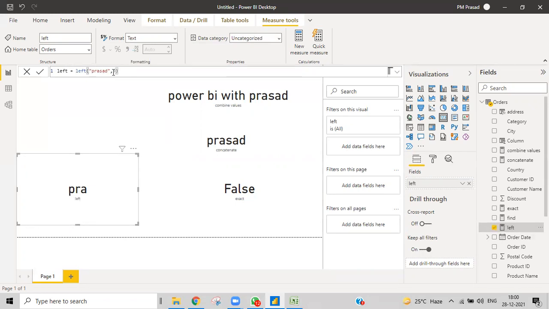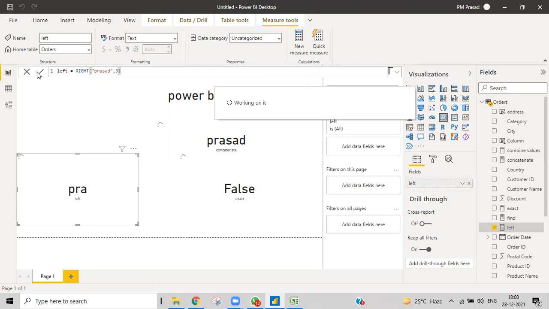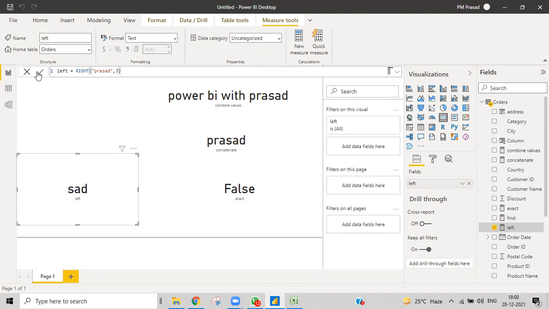I gave 3, so from the left side it gets 3 characters, and the output is like this. And what if I use RIGHT? I'll get the 3 characters from the right side. From the right end, it will count 3 and display them.